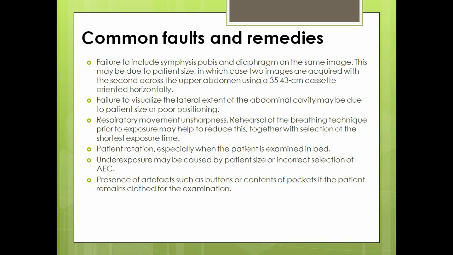Underexposure may be caused whenever you're using the AEC technique, because the upper part of the abdomen is thinner and the lower part will be thicker. So when you give exposure, the rays in the upper area reach the detector immediately and it will stop the exposure, because it has a certain calculation. So when you're taking abdomen radiography, it's better to switch off the automatic exposure control and take it manually.